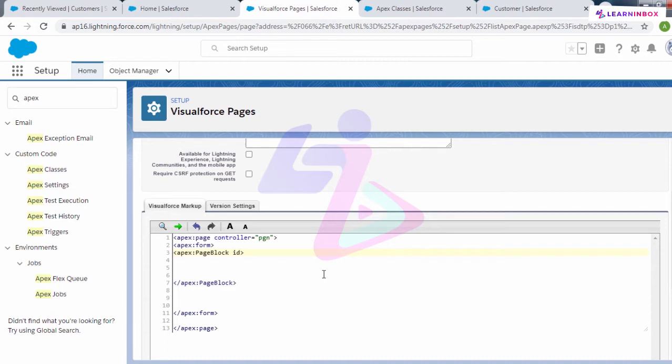So let me give a name here called details. This details I'll use in the forthcoming lines.